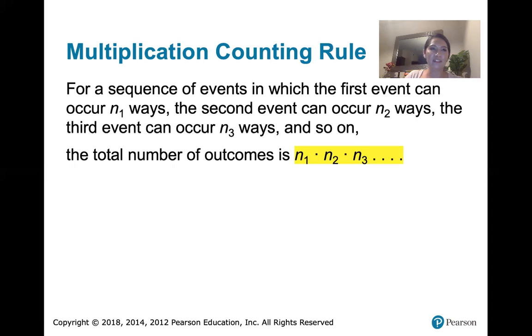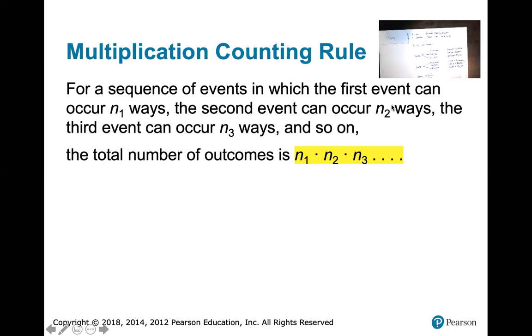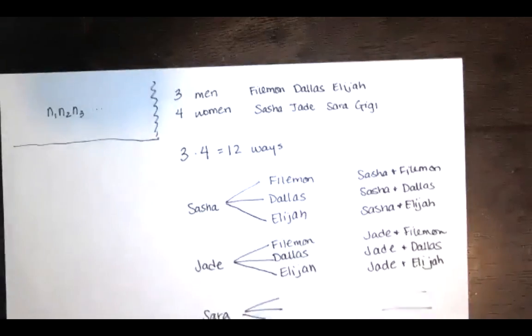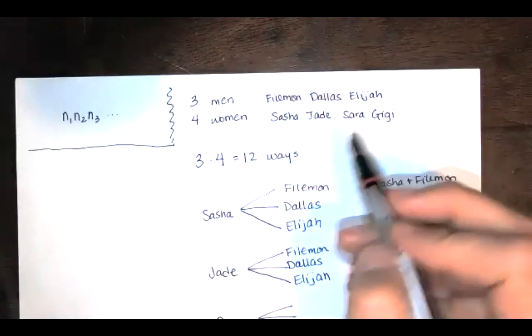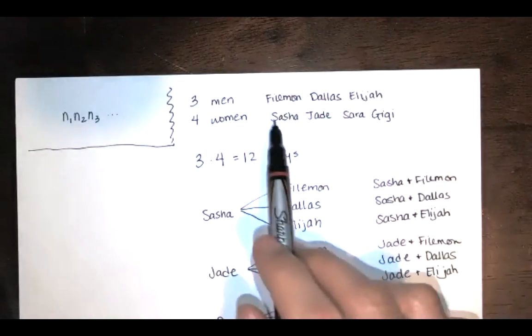And I've got that on my piece of paper. So I'll show that to you now. Okay. So here's my example, and here are the names of the 3 men, and here are the names of the